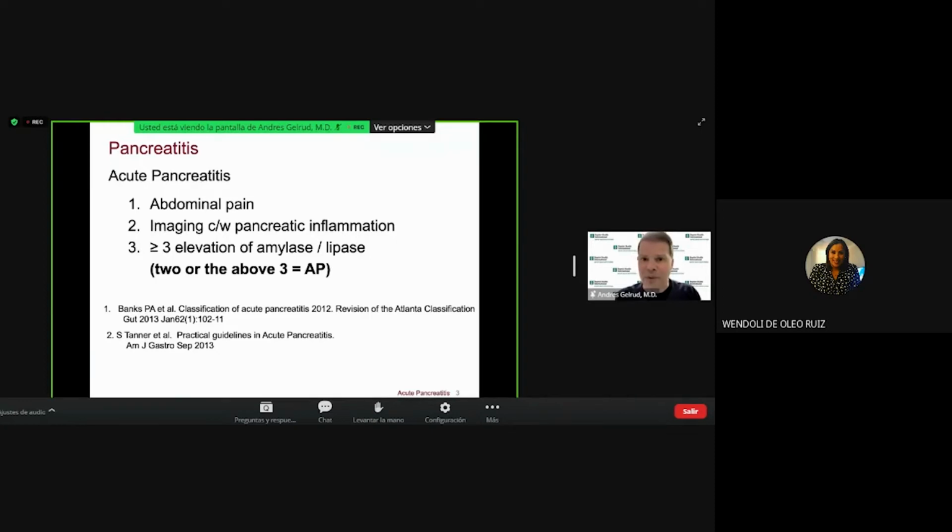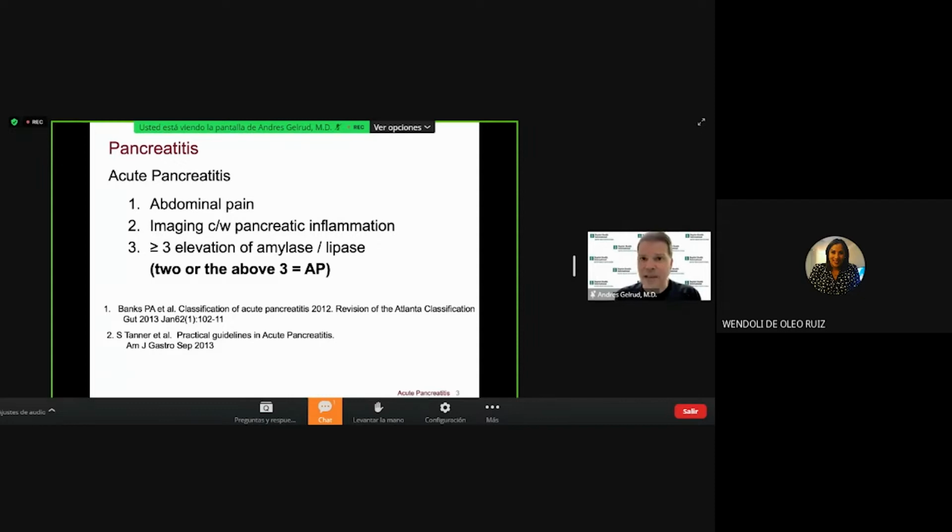This does not represent acute pancreatitis. So 2 out of the 3 that I just mentioned is diagnostic of acute pancreatitis. By the way, and we can go into this in the question and answer, frequently, if you have the severe abdominal pain with an amylase and/or lipase over 3 times the upper limit of normal, let's say 10,000, 20,000, whatever,